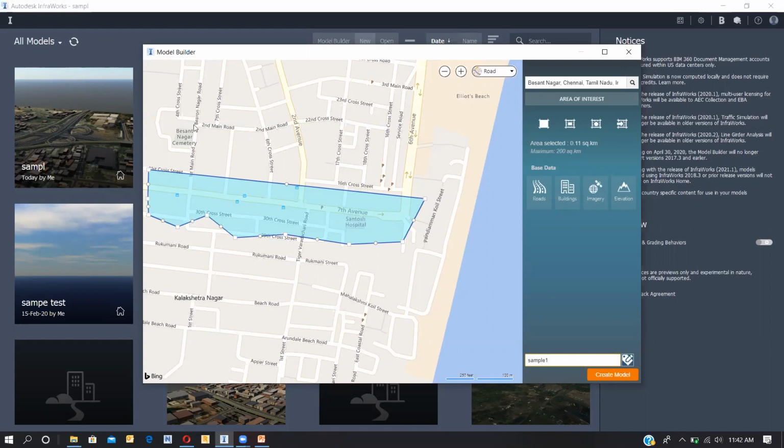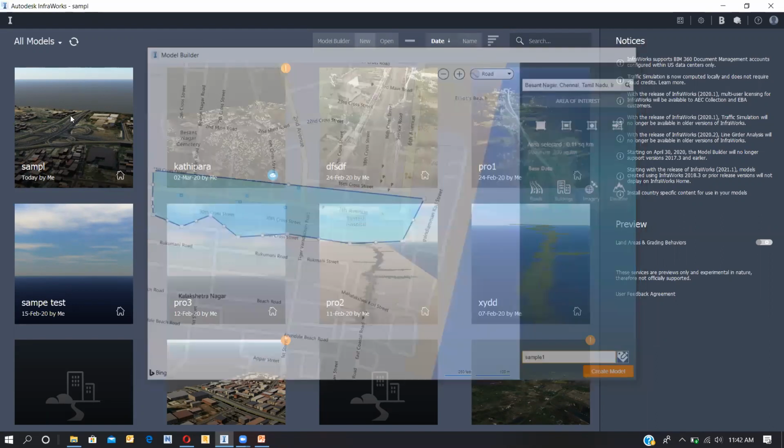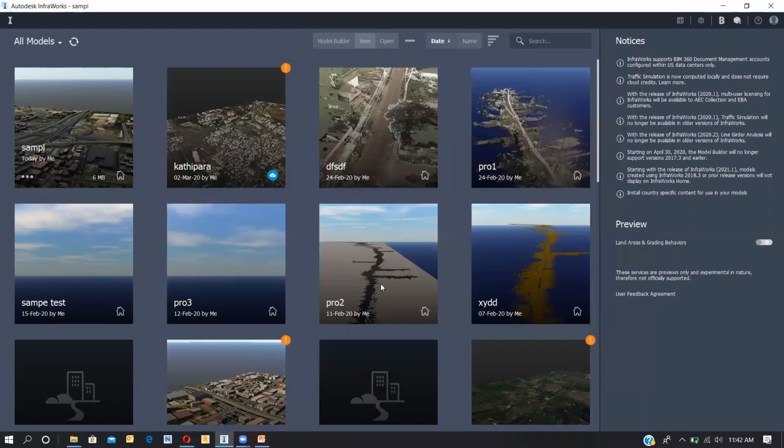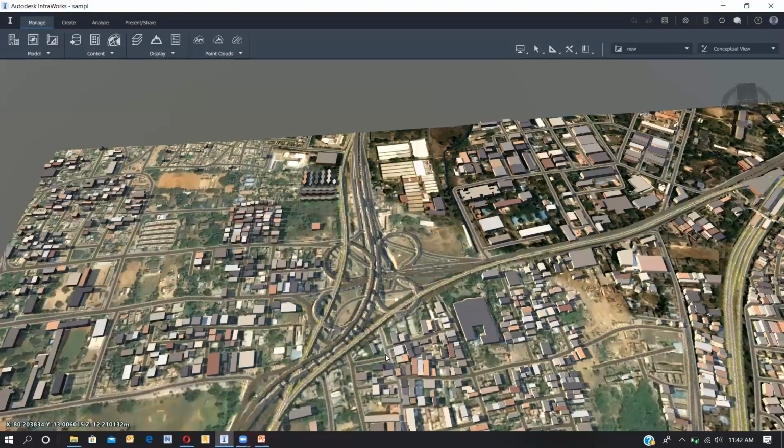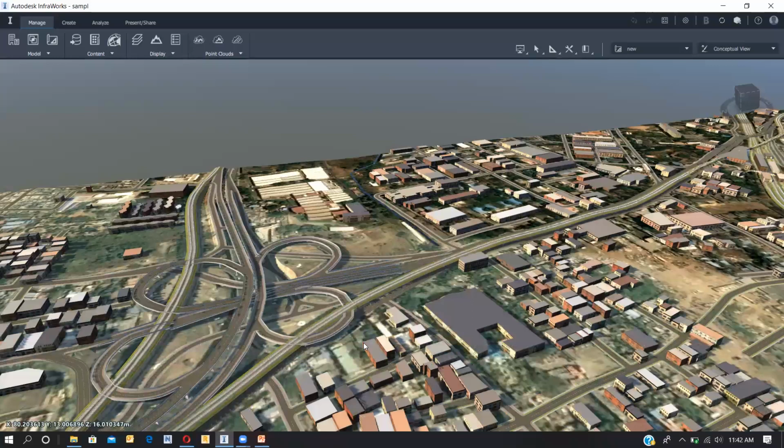Now I'm not going to waste your time. I have created a sample model here, in the same place. We will look at this sample model. So this is how it looks when you open the model. You can see all the infrastructure in that area has been visualized here. You can see the bridges and the roads in that area here in InfraWorks. Now if your project is going to come to some of these places, it's easy work. You can import things.